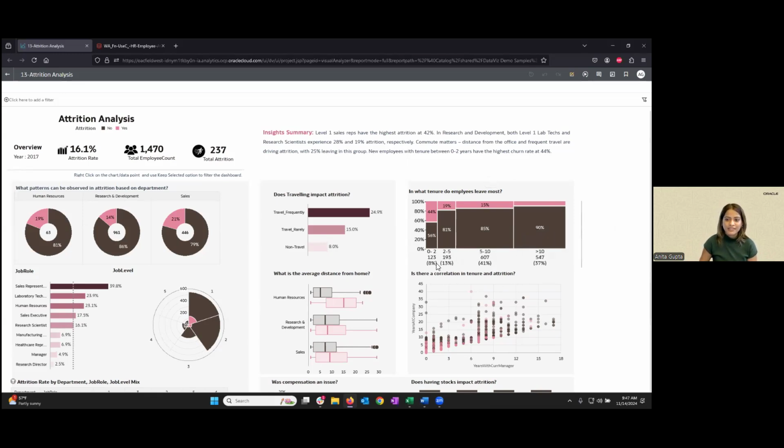So for example, let us look at 0 to 2 years. We know that this comprises only 8% of the population. But within this, we can see that nearly half of the employees left. So this is a crucial insight. And also notice that once the employee crosses the 2-year mark, the attrition significantly drops. So again, a very important insight for the business leader: if due to some intervention, employees can be retained for 2 years, attrition is going to be taken care of.